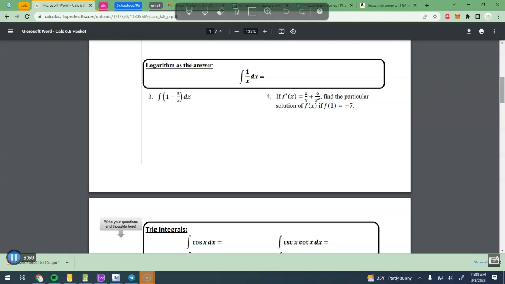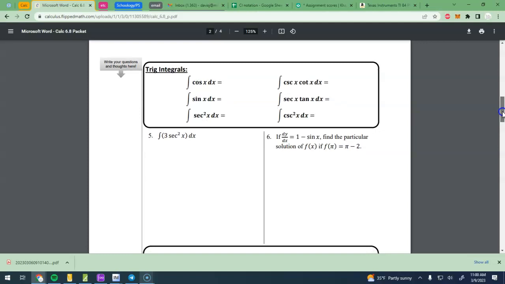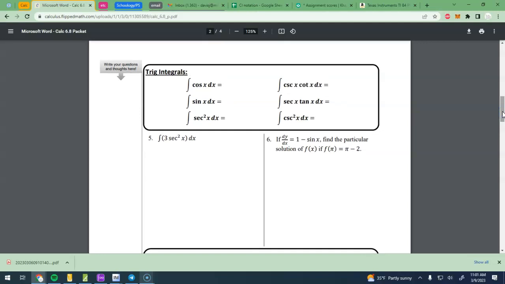Alright. Bad news is the next stuff is trig integrals. Good news is you get your notebooks, so you don't have to memorize. If you're taking the AP test, you obviously will not have your notebook, and in that case you're going to want to memorize it. But for now,